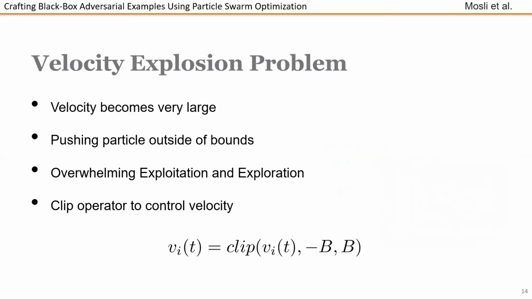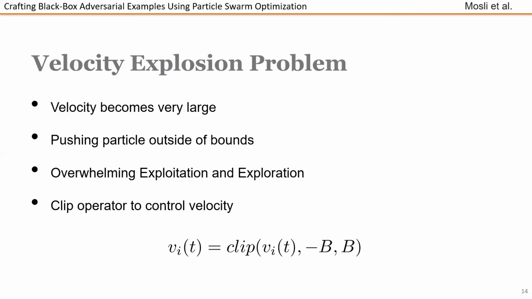A well-known problem in PSO is the velocity or particle explosion problem. This occurs when the velocity grows so much that it pushes the particles outside the allowed bounds of the search space. Even if the positions are clipped based on both the L-infinity and the natural bounds of the search space, this could still have a detrimental effect on the search process. The reason for that is velocity would eventually overwhelm the exploitation and exploration terms, and even if both lead to a location within the bounds, the velocity would overwhelm them both and place the particles at the edge of the allowed limits. The w weight is meant to fix this problem. However, it is not always sufficient.